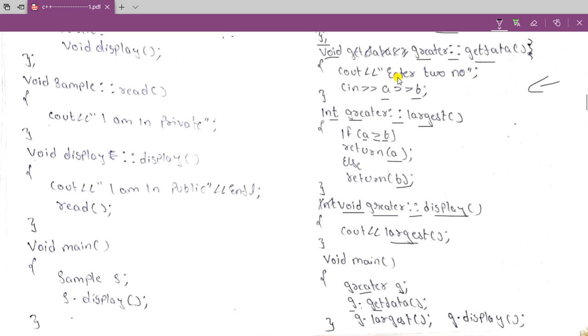So the statement to enter the two numbers will be printed, and we read the values a and b. The first value is a and the second value is b.